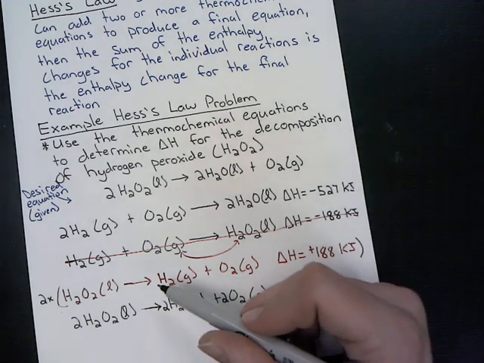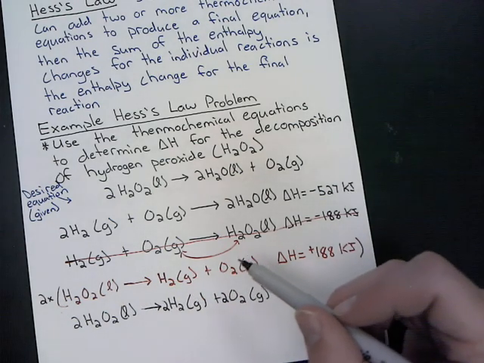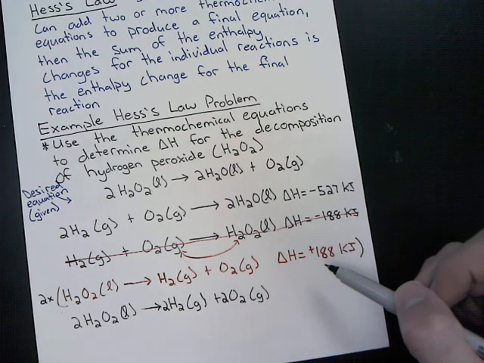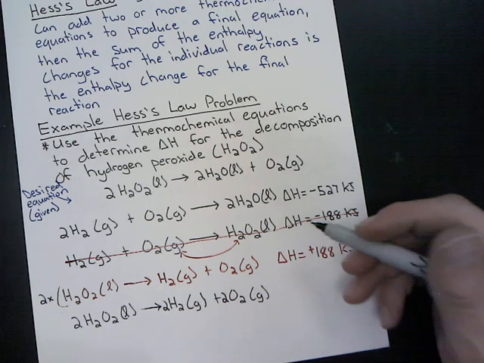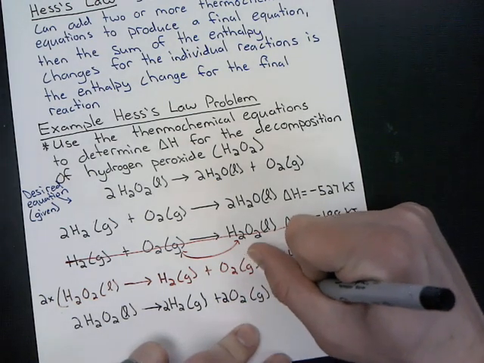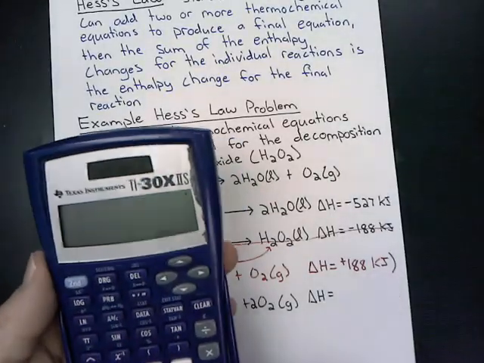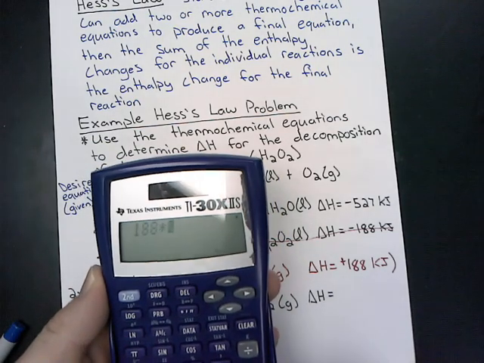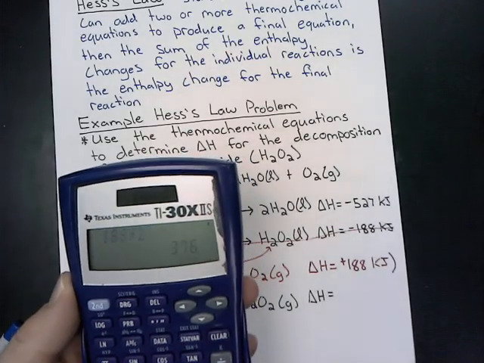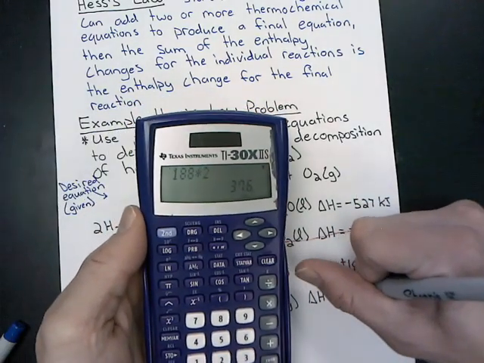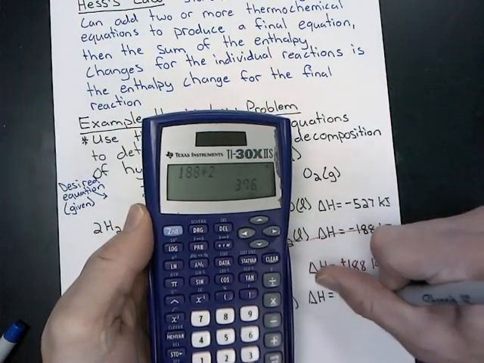Now, because I multiplied everything in this equation, I also have to multiply this by the same number I did over here. So now I have delta H is equal not to positive 122, but doubling that particular number. So I'll pull out my calculator here and calculate that. I'm just going to take 188 and multiply it by 2 because I multiplied that whole equation by 2, and I end up, again, still with a positive 376